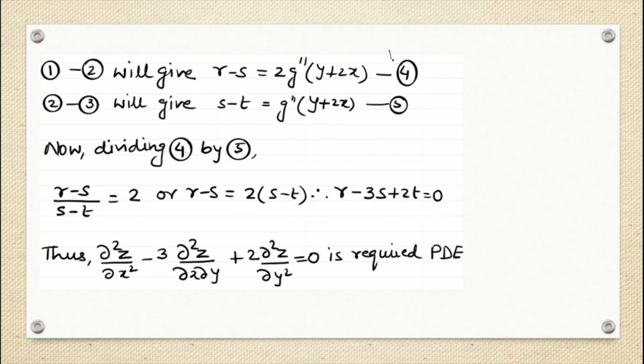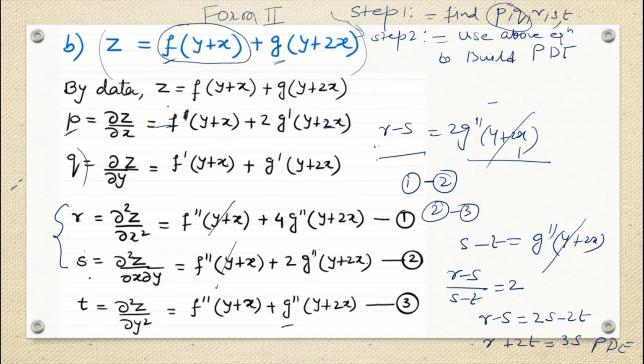So we have subtracted 1 2 and 2 3, and finally the same thing is done. In any way, you could have done 1 minus 2 or 3 minus 2 or 1 minus 3, whichever way you are going. This will actually come with practice. You will just know which two things to consider first, so that it saves time to find the partial differential equation. So this was the method in our form 2.